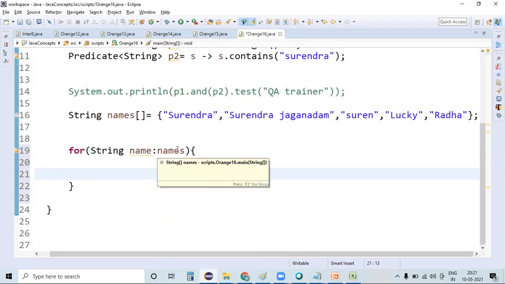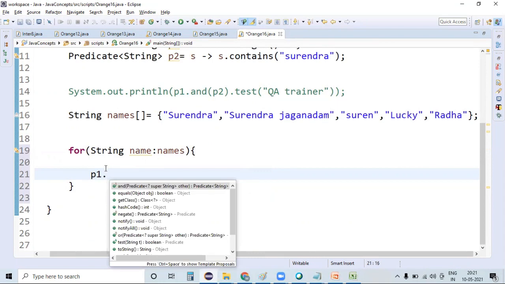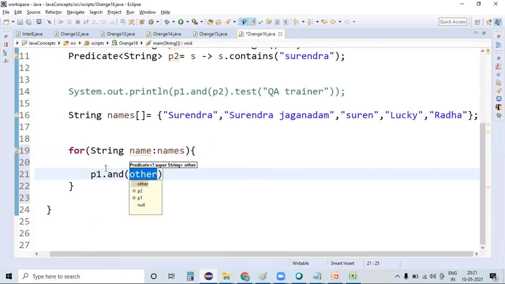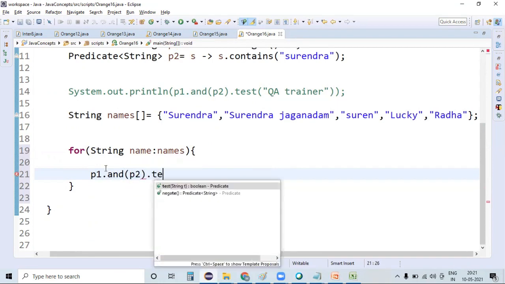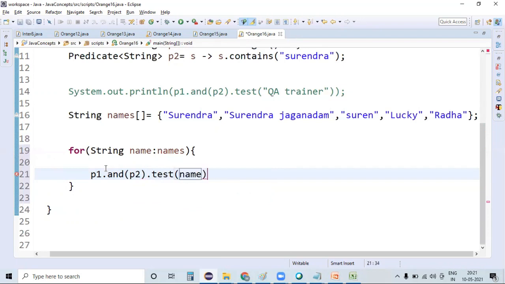Individual values from names will be captured and stored here. So p1.test, and I'm using p2 here, p2.test, and this time I'm checking on name. Whenever the loop rotates, the value from this array will be populated and stored here. And now if this outcome is true,